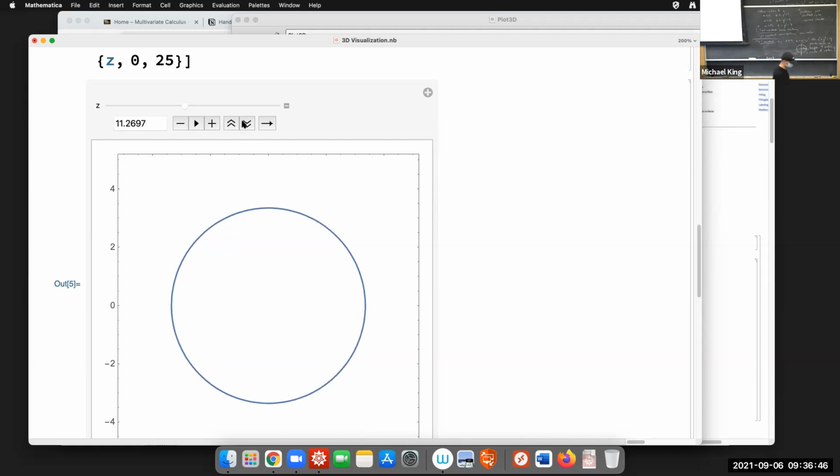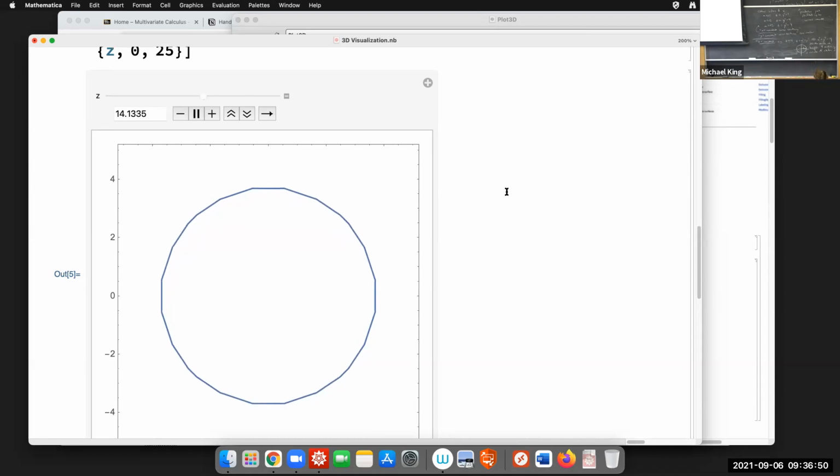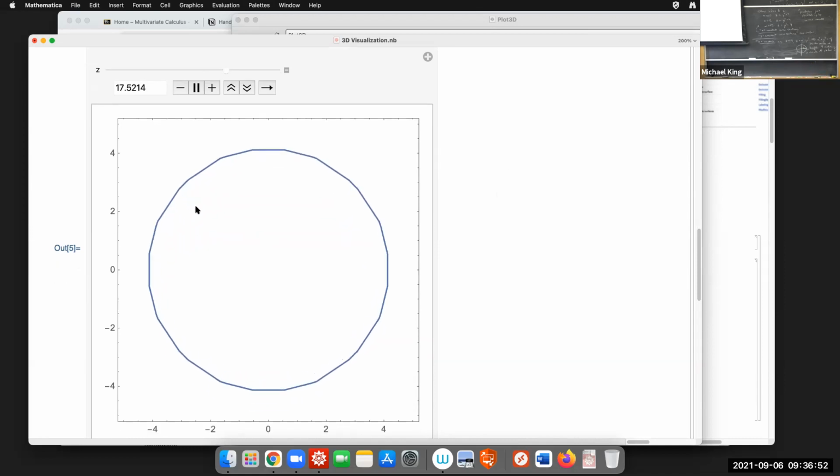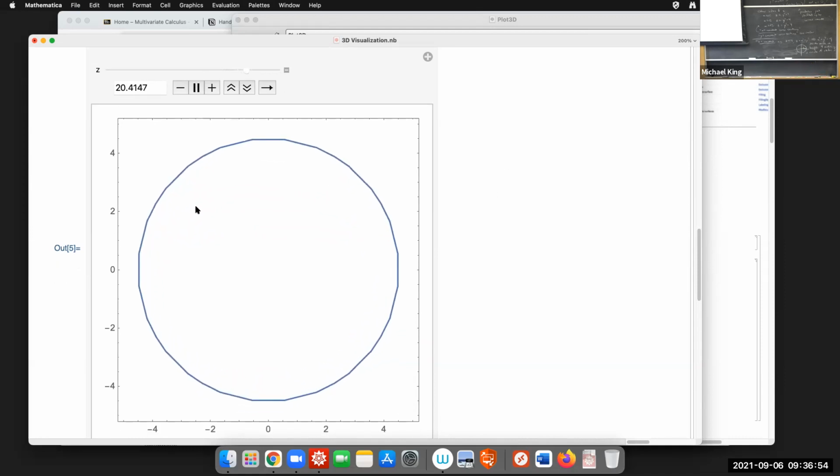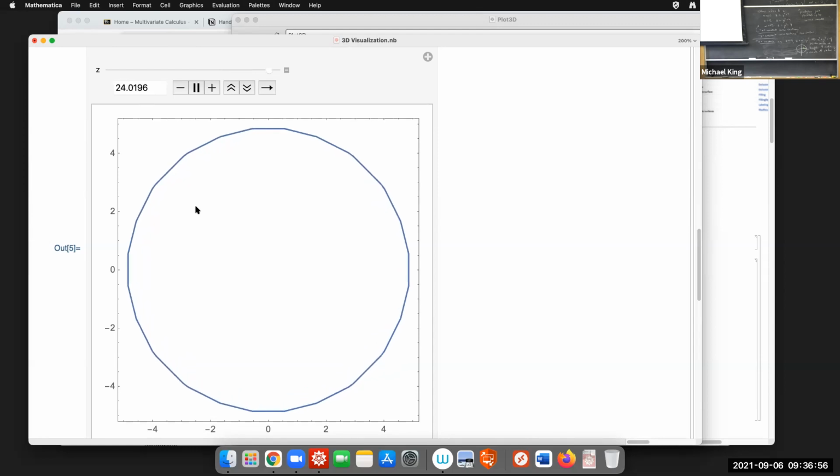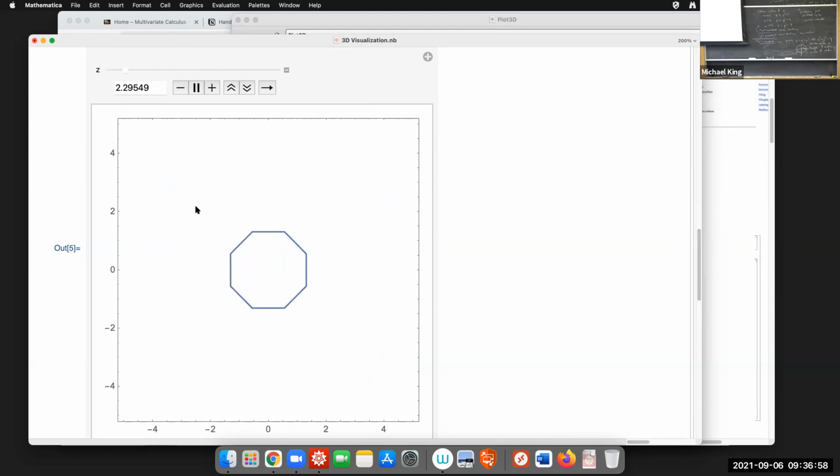Slow it down, I think. So this is setting z equal to different values and just showing you. Again, it's like an MRI